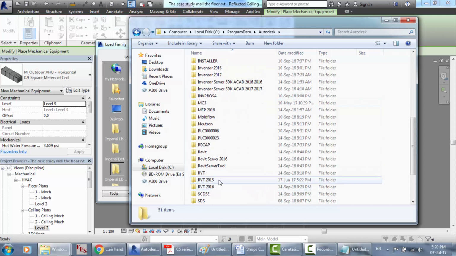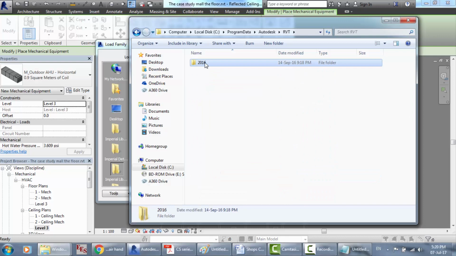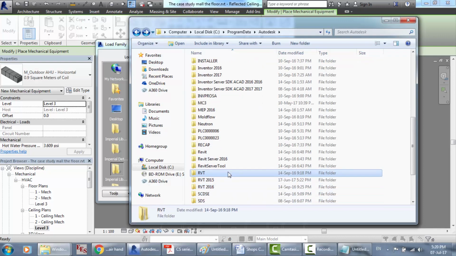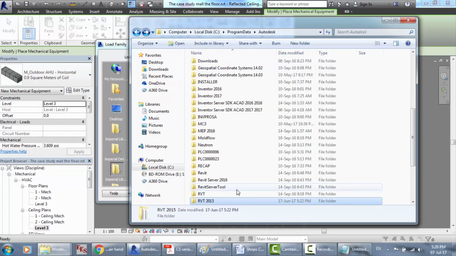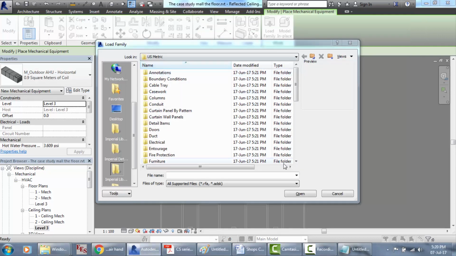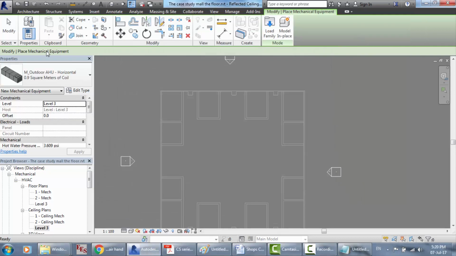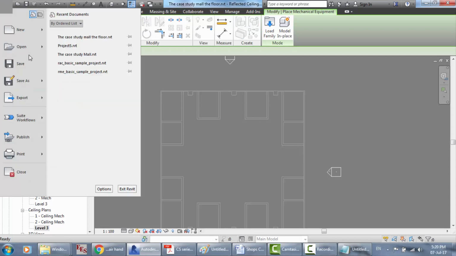You'll find here RVT, RVT 2015. I think that here you have to make sure that RVT is here. So this is the library, and open here the options,